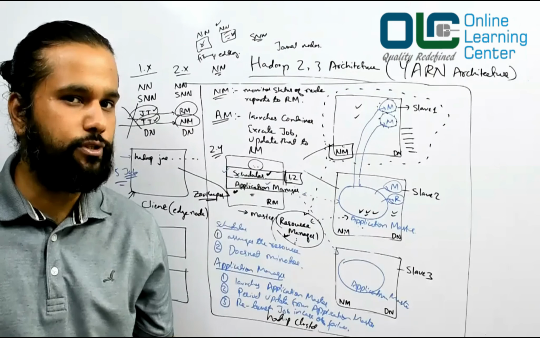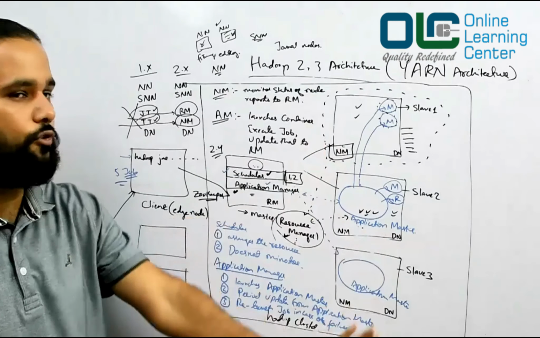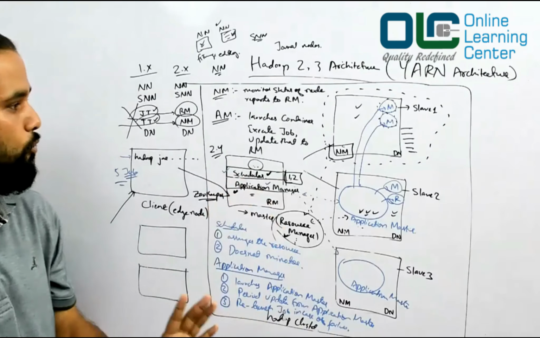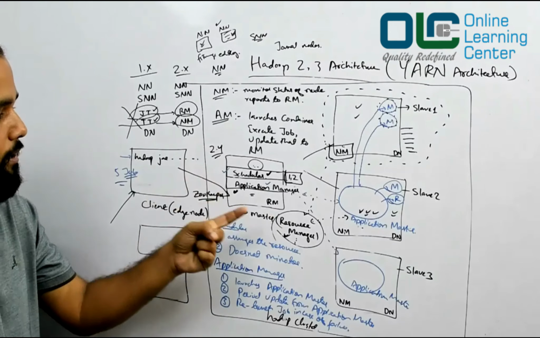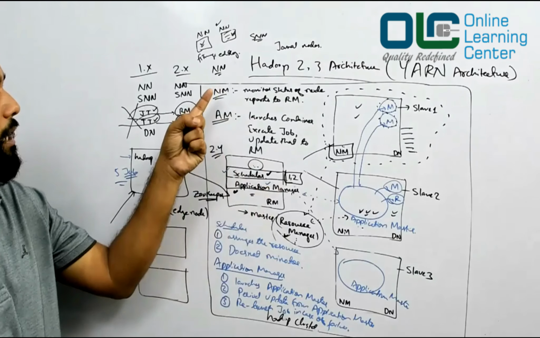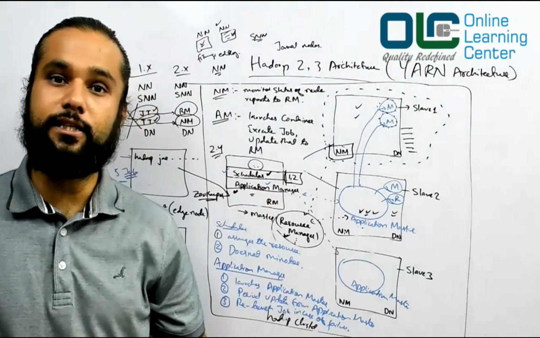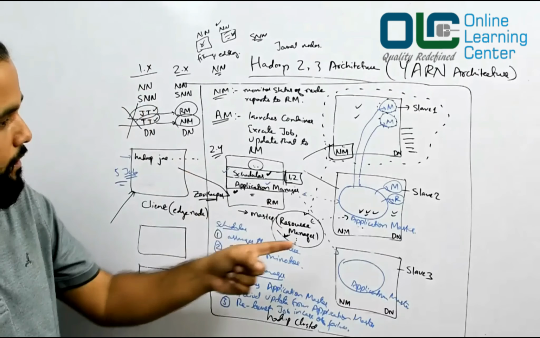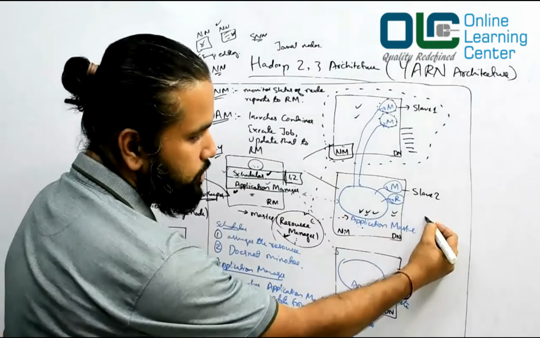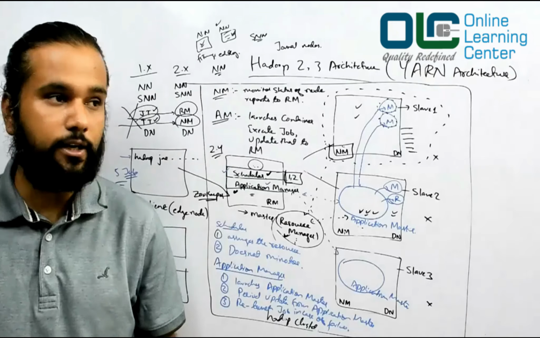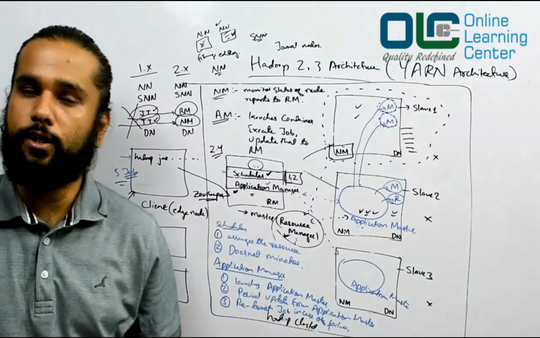Few companies would use this, but I just wanted you to understand a simple fundamental of Hadoop 2. In Hadoop 2, you have a highly available resource manager, a highly available name node, and as I said, if required, you do not even need a secondary name node. Then this could come and this could go. It does not really matter because they are all slave computers. So that's what we have in Hadoop 2 and 3 architecture.